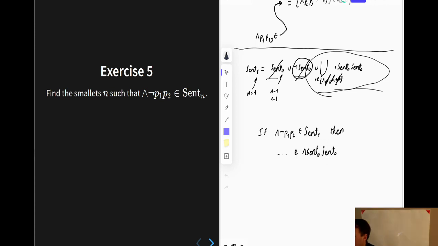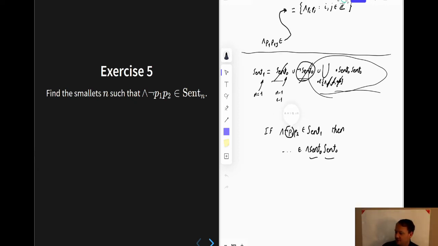But what is the issue is that whatever comes after the conjunction must be some two concatenated elements of sent0, which is to say a concatenation of some two sentence symbols. But no matter how you parse it, what comes immediately after the conjunction in this particular case cannot possibly be a